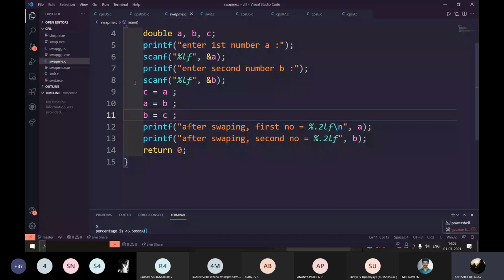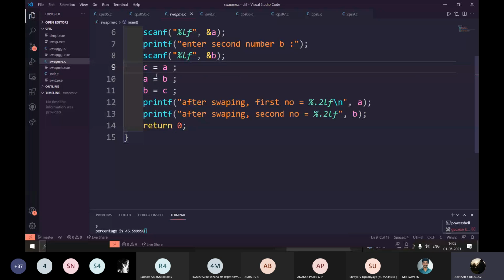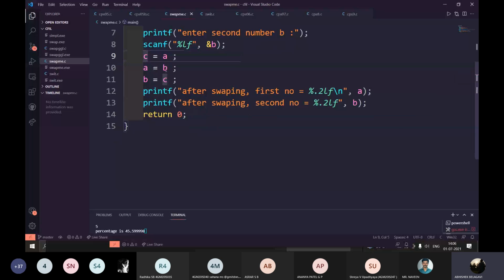So first I'm using this c like a storage variable, temporarily storing the value present inside a. Fine. Then the stored value inside a will be shifted to b, and b will be shifted to c. So what happened: at first the value of c was a's, at the last it is b's. Here the swapping process took place. This is a very important logic. We can do it without c also, like a is equal to a plus b.